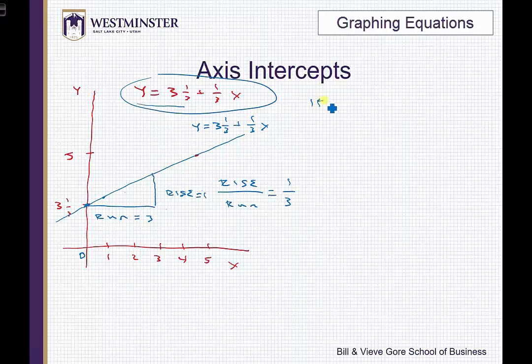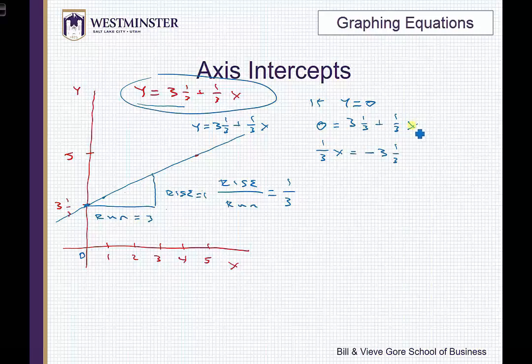So if y equals 0, then what I have is 0 is equal to 3 1/3 plus 1/3 of x, or 1/3 of x is equal to negative 3 1/3. I've just rearranged that, of course. I've subtracted 3 1/3 from each side of the equation to arrive at this. Now I'm going to multiply each side of the equation by 3 so I can arrive at x equals 10, or rather negative 10. So I know that out here in negative space,